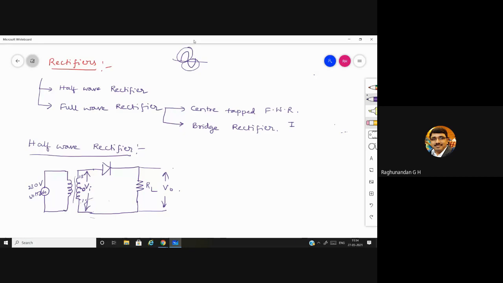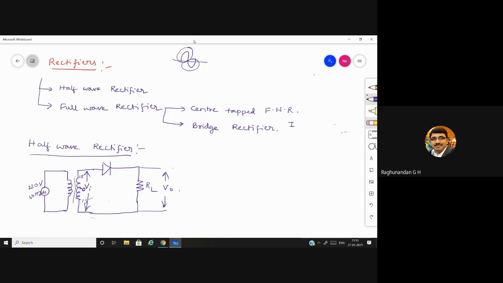Suppose you want to use this rectifier to charge your mobile, then you need to use around 6-0-6, because maximum the mobile needs 5 volts. So if you give 20 volts or 30 volts, then you are going to lose your mobile because it cannot withstand that high voltage. See, these are the circuits which are present in our adapter. Whatever we use to charge our mobile or any device, inside this adapter we have a rectifier, capacitor, filter, regulator. So all together forms an adapter.